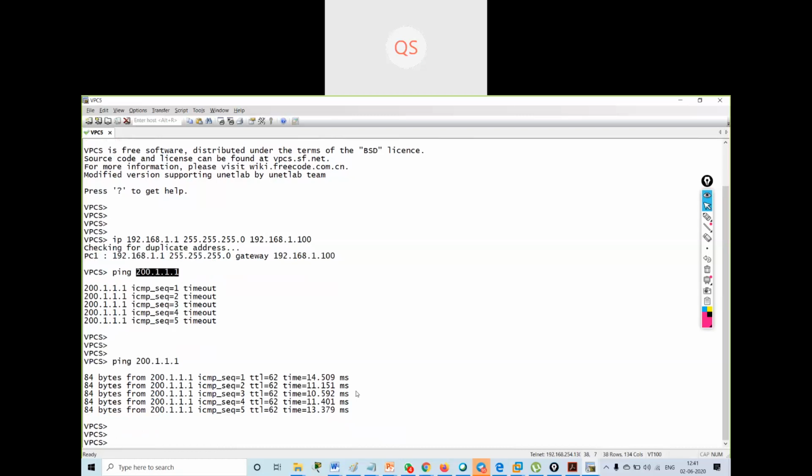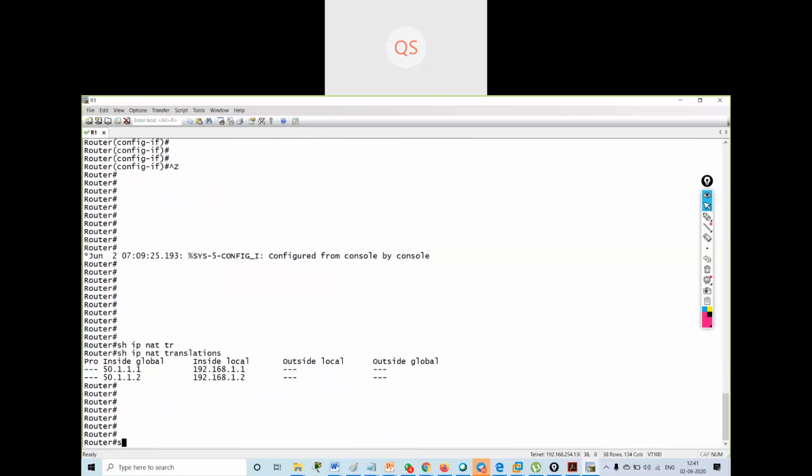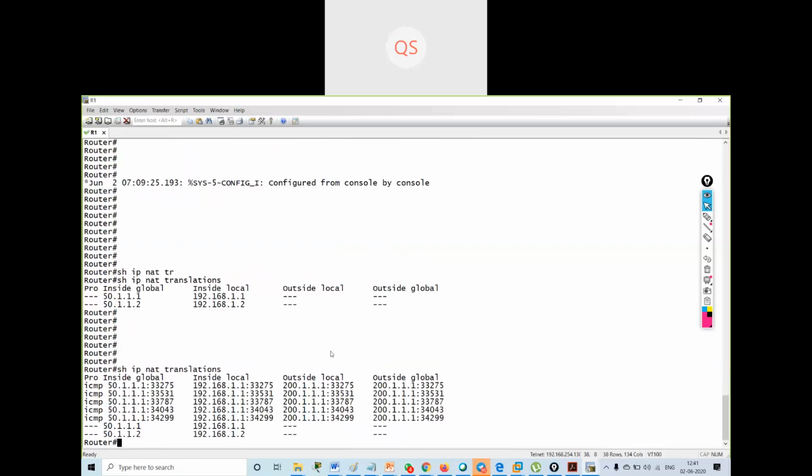If I go on the router again and check show IP NAT translation, the outside local address is 200.1.1.1. The outside global address is also the same. It is the same in our scenario because we have configured only one server. It can be different in other scenarios also.